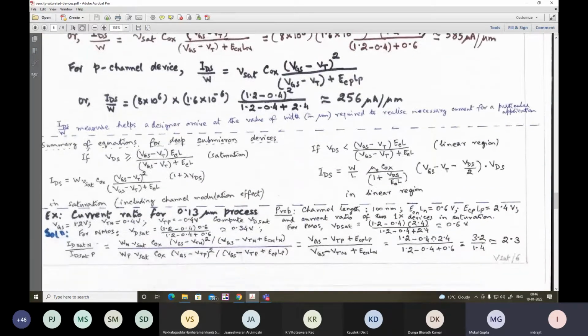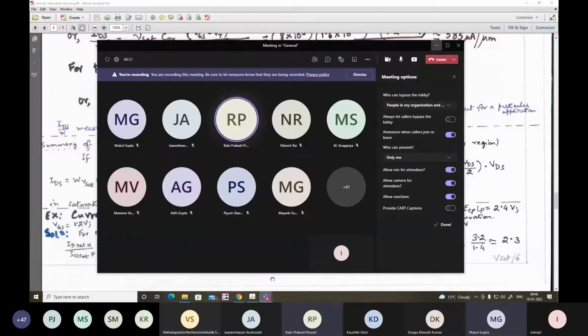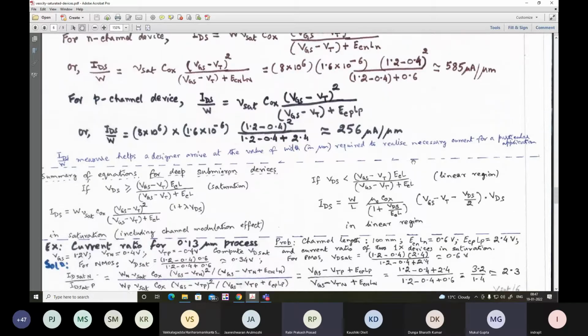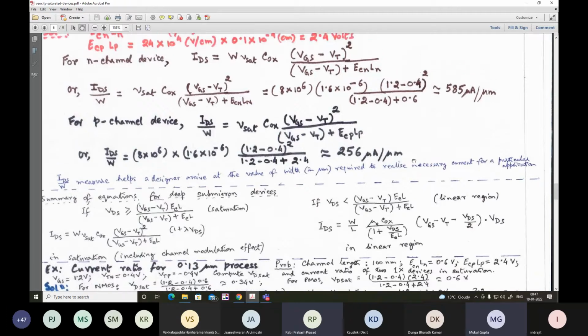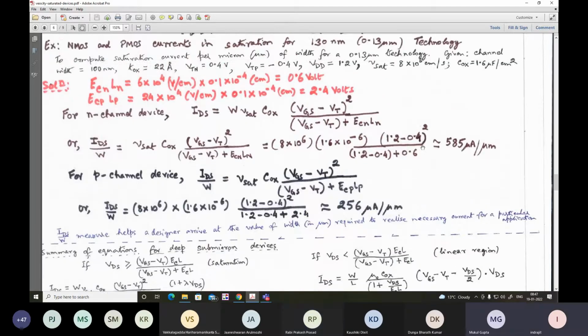Hello, okay sir, yes. Sir, what will happen if there is a difference between the drain saturation current for NMOS and PMOS? Like, if we are fabricating both in the same technology, what will happen if there is a difference? Like you now suggested that we keep the ratio to be 3 instead of 2.5. Yes, the drain saturation current will be more as compared to NMOS. Exactly, exactly. A very good question.